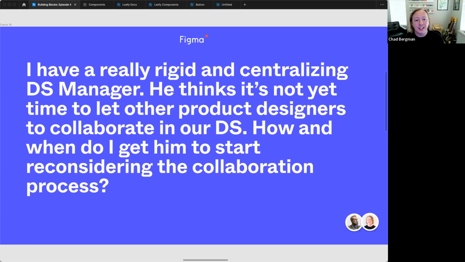Maybe if there is something that should be adopted globally, like multiple teams using the same convention, it's a good case to make to the design system manager that, hey, we have